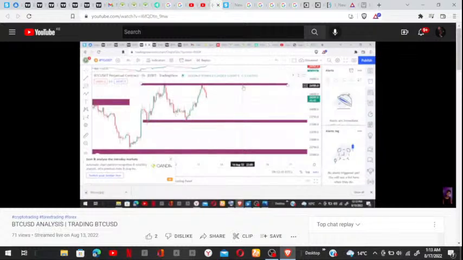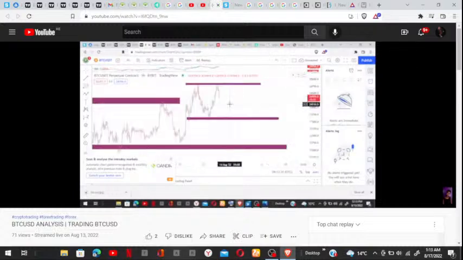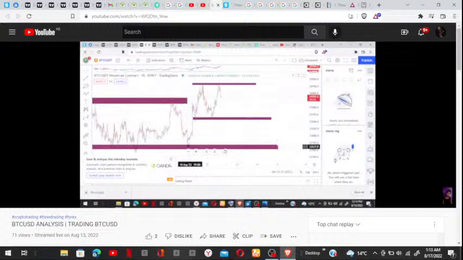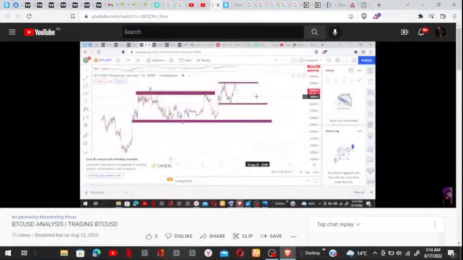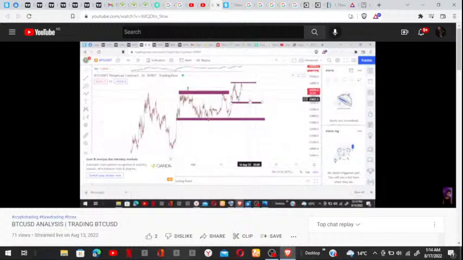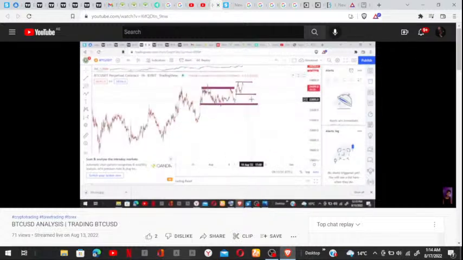So for me today, I feel like Bitcoin is going to sell for quite some time before actually buyers coming in. So that is one thing that I have in mind. That is my analysis today. I feel like Bitcoin is going to sell for quite some time before buyers move in and take some buy positions in the market. And you can also know when the market, or maybe where these will happen, by just drawing these lines,